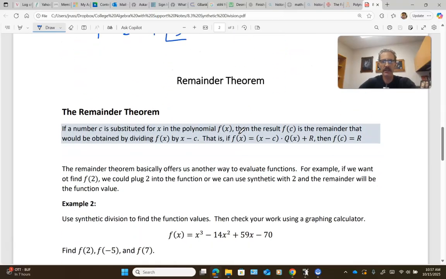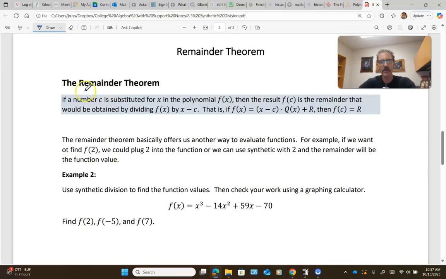Because let's look at this next theorem, the remainder theorem. I will read it and then I'll explain it. Okay, it says if a number c is substituted for x in some polynomial, in other words, if you plug some number into the polynomial, then the result is the remainder that would be obtained by dividing that polynomial by x minus c. Okay, in other words, plugging c into the function will give you a value of whatever the remainder is if you had done synthetic